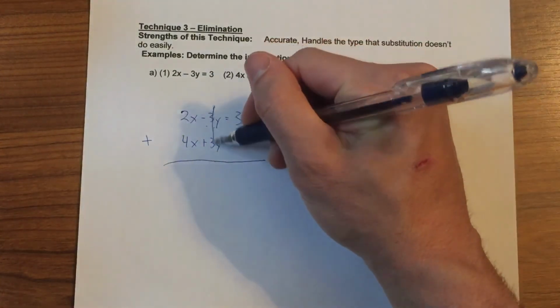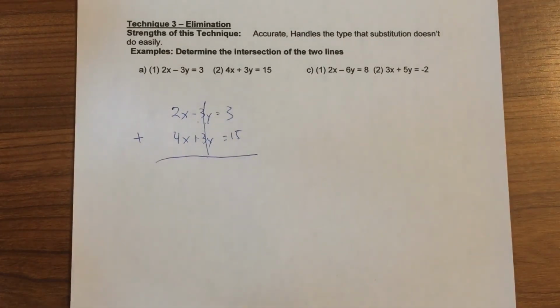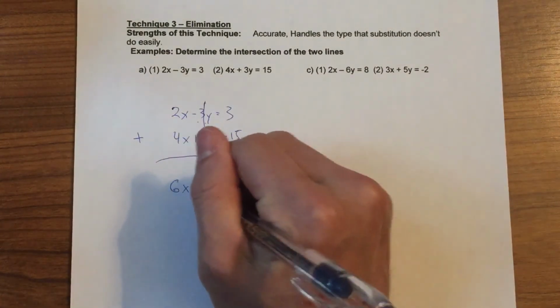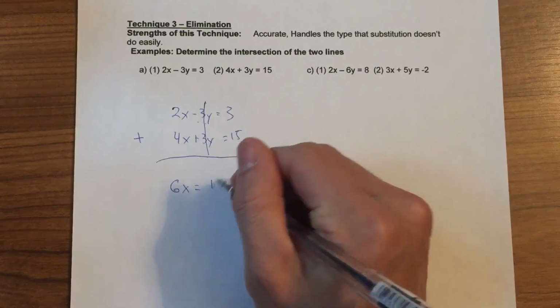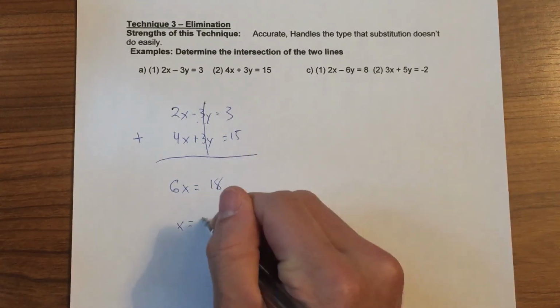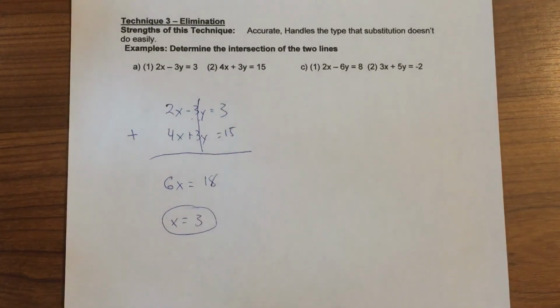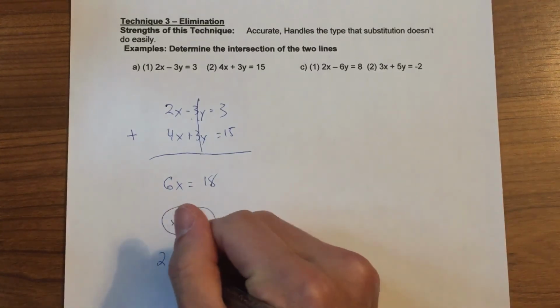Adding them together, we would get 0y, which would eliminate that variable, leaving us with 6x equals 18 and x equaling 3. Now we can use the fact that x equals 3 and substitute into either one of our original equations to solve for the y variable. So if I use that first equation, we say 2 times 3 minus